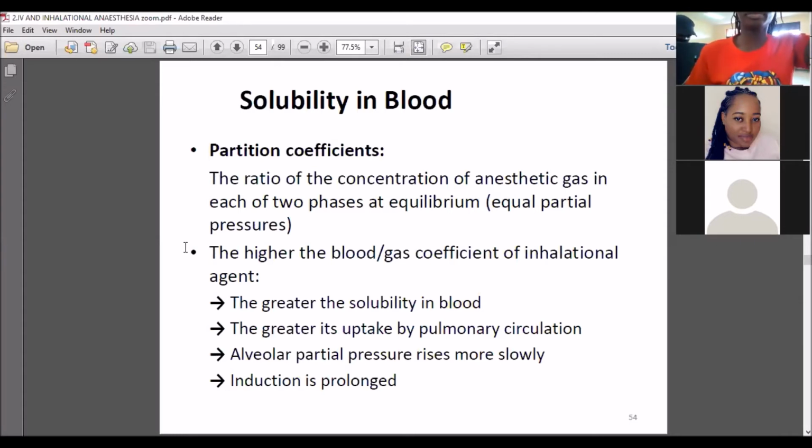Solubility in blood, partition coefficients, the ratio of the concentration of anesthetic gas,